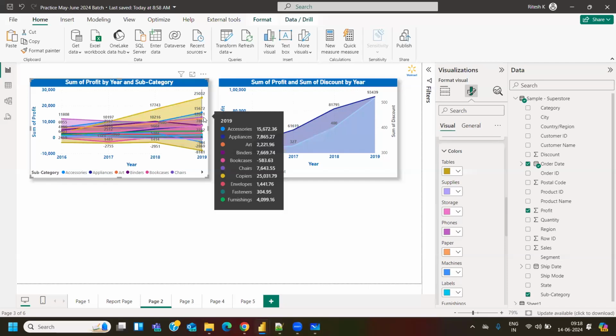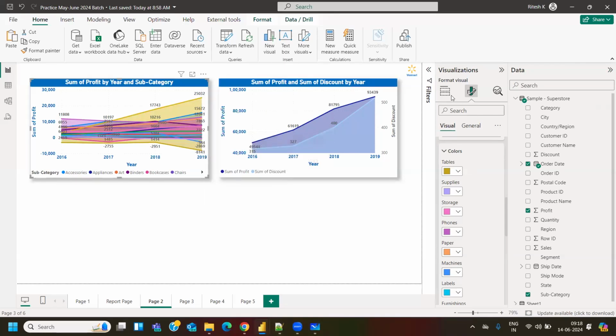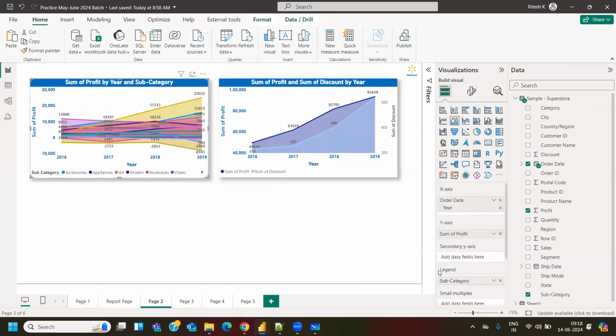Not book, it is binders first. After binders, it is art. See, that is how complex this visual has become. If I hover on this, there is a tooltip value also. Even this tooltip shades, I'm trying to match it with my eye. I'm unable to guess. See, in case of area chart, whenever you're using a legend, it should not have more than 7